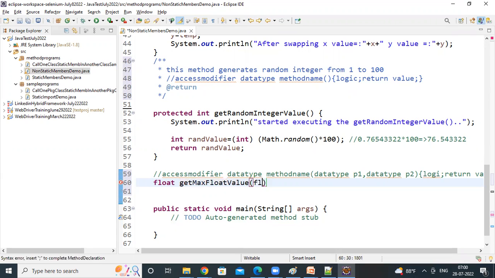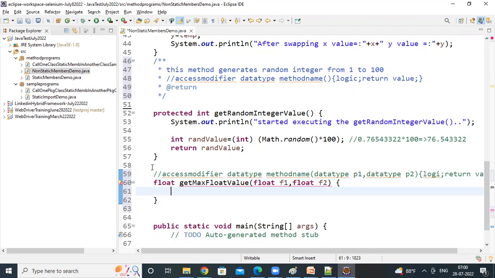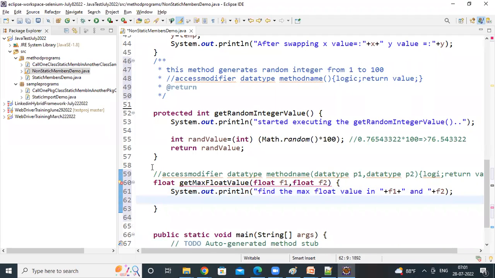So in the parentheses, float F1, float F2. Two float values you are giving. In that, you have to find out which is the maximum. You can do a lot of things, finding the max float value in F1 and F2. How can you do that? So this is again